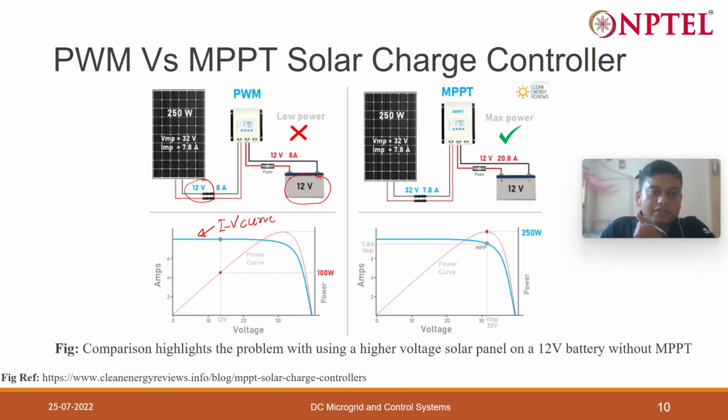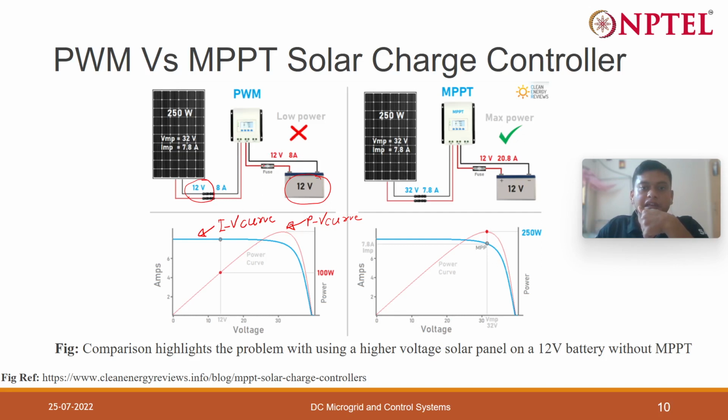This is the IV curve. The blue line is the IV curve and the red one is the PV curve. So if you maintain the solar PV voltage at 12 volt, then it takes power from the solar PV array equal to 8 ampere. Then if you multiply this 12 volt into 8 ampere, then you are getting approximately 96 watt power from the